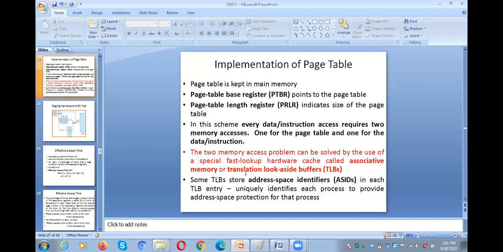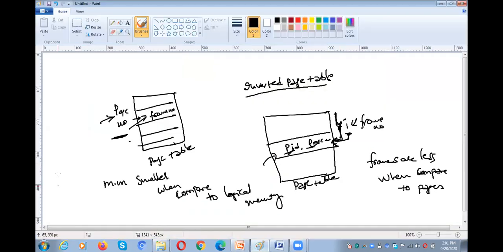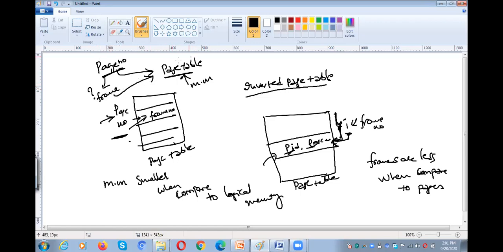What is this? So whenever you want to access some data, what you need to do? In order to check the page number, you need to access the page table. You need to search the page table for a frame number. Okay. So where is the page table available? The page table is available in the main memory. That means in order to get the information, like this page number is available in which frame, for that we need to access the page table. Where is the page table available? In the main memory. That means you are accessing the main memory the first time.